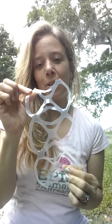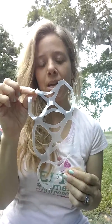I want to talk to you today about these plastic six-pack rings. These things hold bottles together, cans together, Coke bottles, cans of Pepsi, cans of beer, and oftentimes people will dispose of these. If they don't get properly disposed of in a recycle bin, because they can be recycled, it is plastic. If they throw them in the trash or just throw them on the ground, they then become a hazard